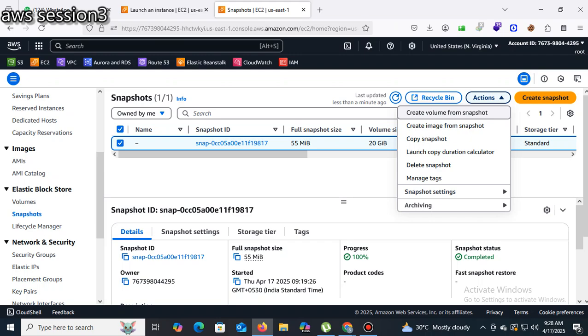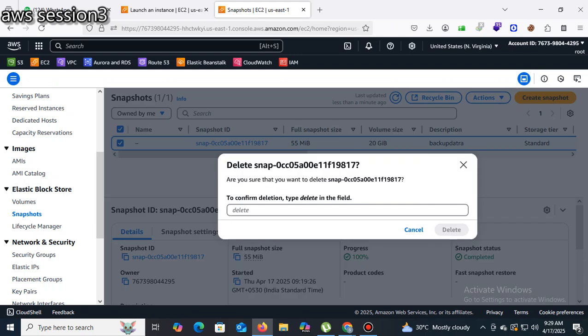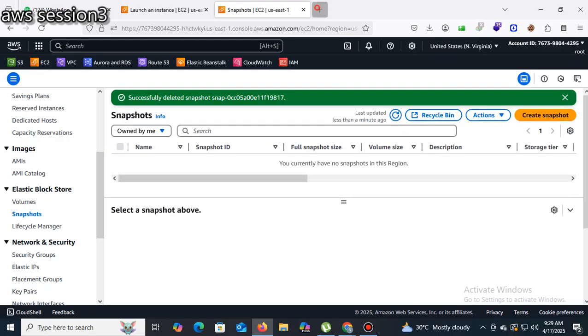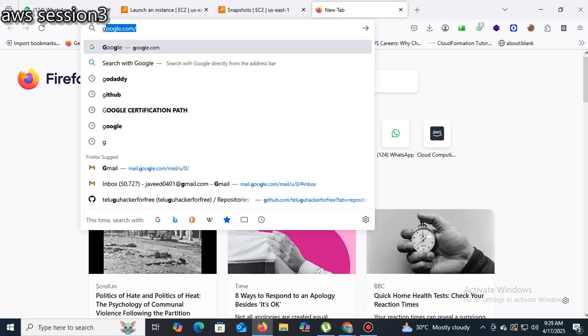I think they give 1 GB free. Beyond 1 GB is paid. A 1 GB snapshot is not chargeable.